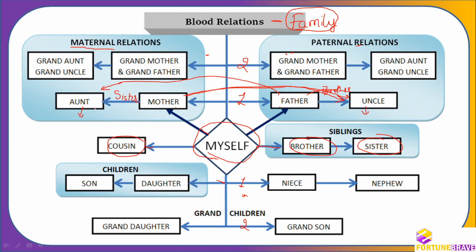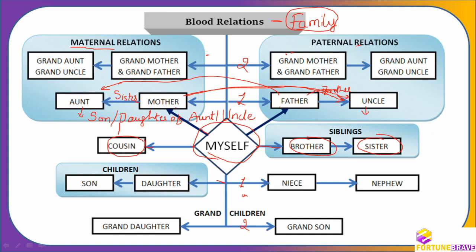From here does the cousin come. Cousin is who? Cousin is son or daughter of whom? Your aunt or uncle. Cousin. Now you see, in our Indian context, there are several relationships. There are several relationships in cousin alone. But in English culture, there is only one cousin. Cousin can be a female or a male. There is nothing called cousin brother or cousin sister. This you have to keep in your mind. It's only cousin. There is no cousin sister, cousin brother.